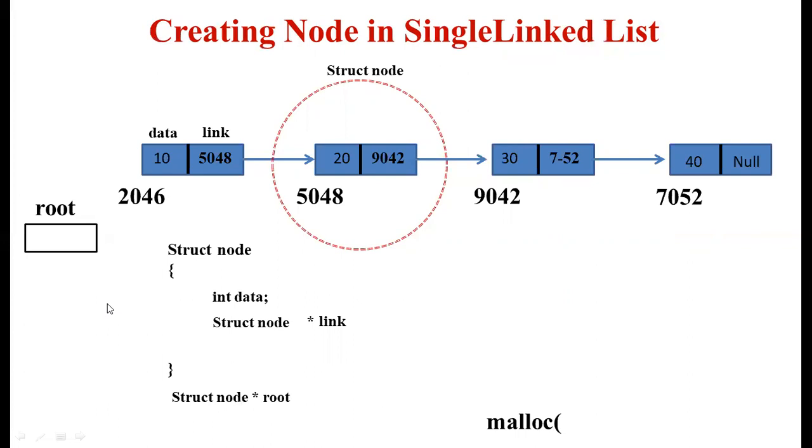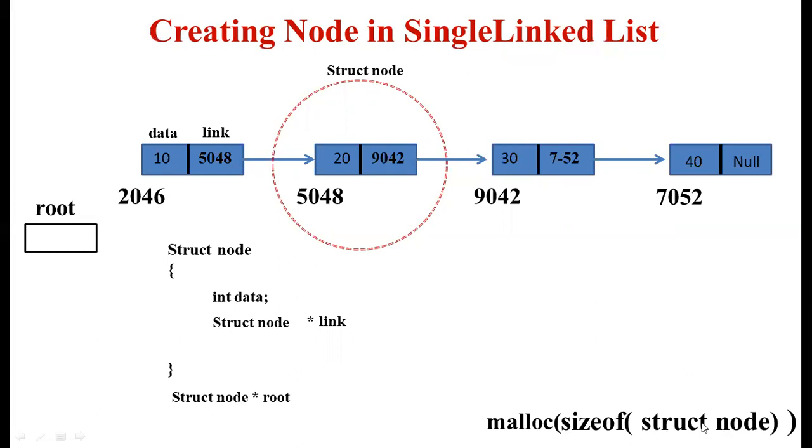That we have to pass. So here we have to pass how many bytes of memory. But we don't know, because we don't know the size of the int, and also we don't know the size of the pointer, since it depends on the compiler. So directly we cannot mention the size as either 2 bytes or 4 bytes, because from compiler to compiler the size may vary. So it is better we use the sizeof function. So here it is sizeof struct node. So directly the node data type we are passing to the malloc function, which allocates the memory.